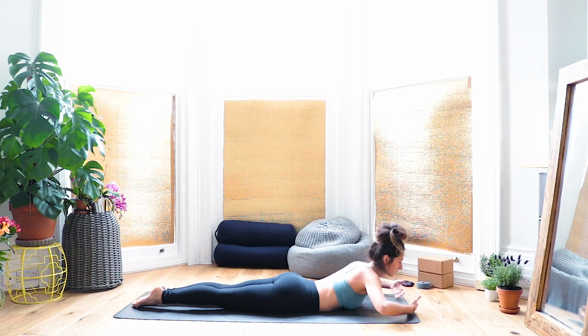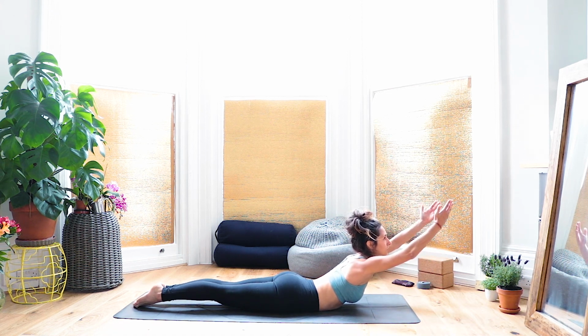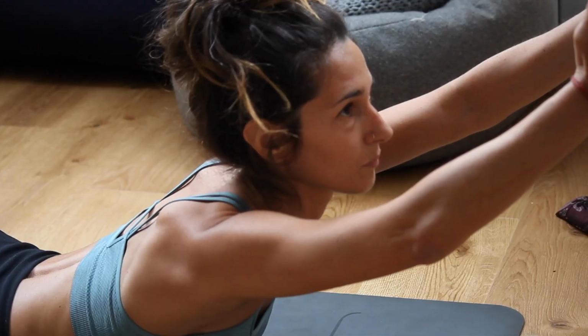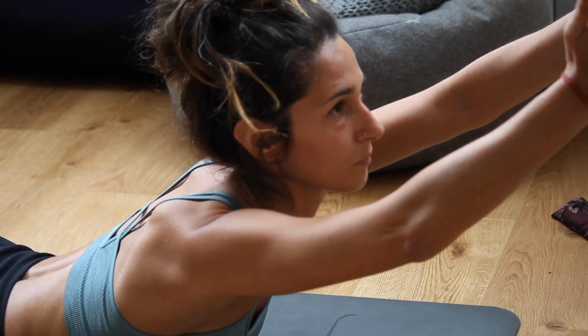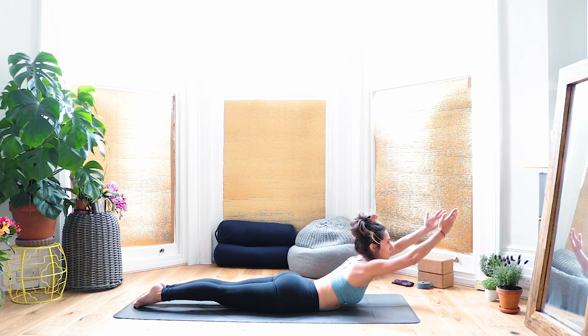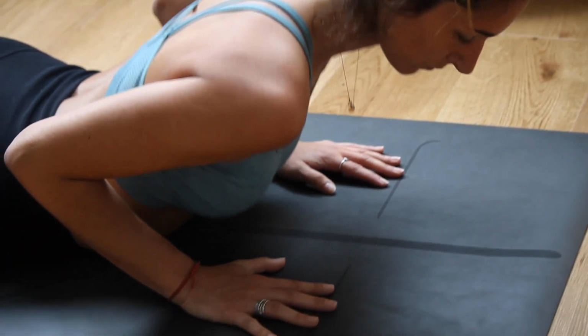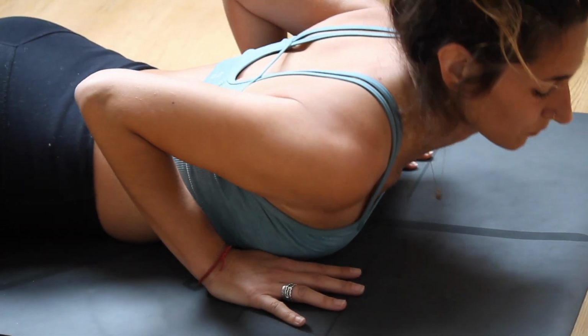Relax your feet. Bring both your hands to the front and inhale to lift the arms, lifting your chest off the mat and look towards your hands. Just another couple of breaths, inhaling to just stay there and then exhale. Place your hands underneath your shoulders. Inhale to create some space